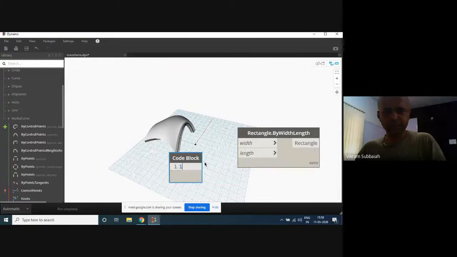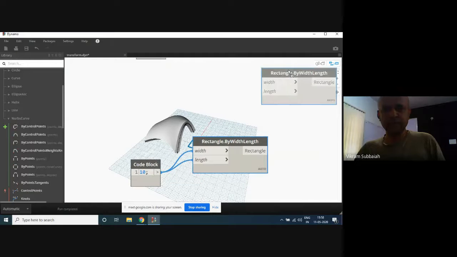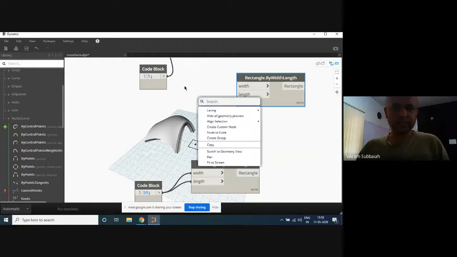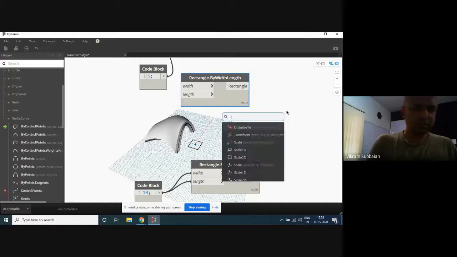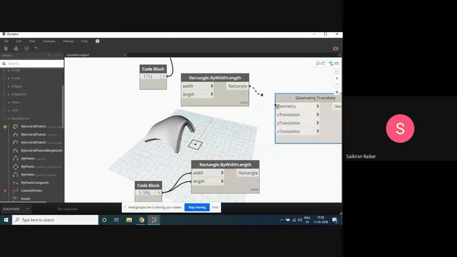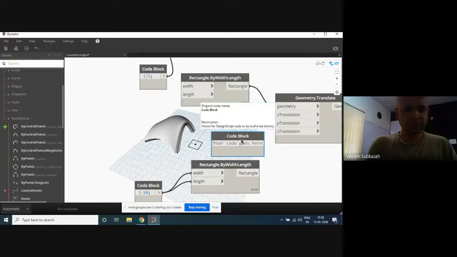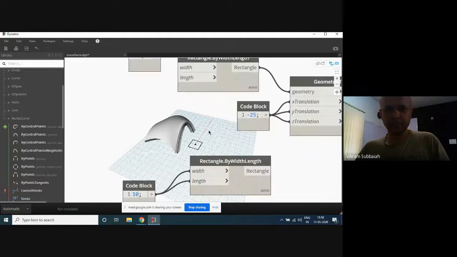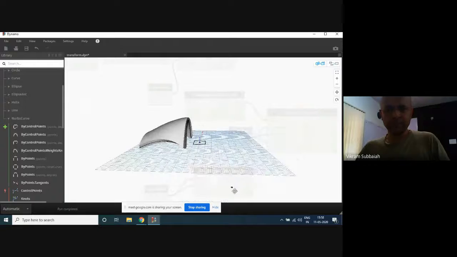Let's say this is 10 units, and I will also create another rectangle, which is 1 unit by 1 unit, and I'll translate it, say, minus 25 units in the X, Y, and Z direction. Basically, you've got one profile here, one profile here.